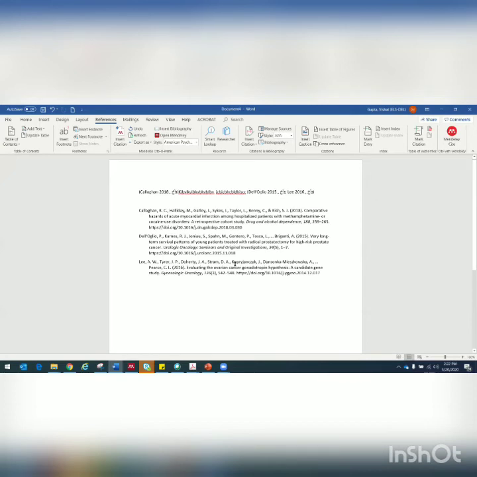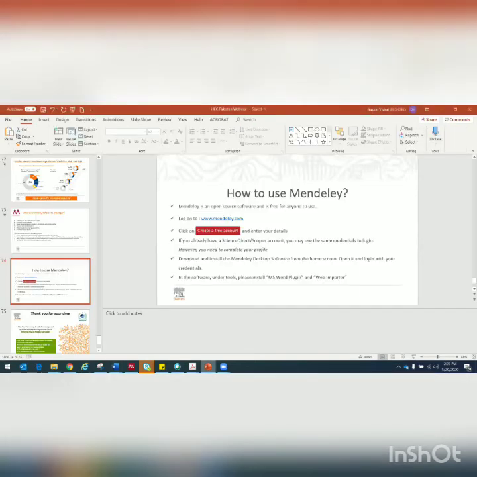So my request to all of you is use Mendeley. It is really going to help you explore this field of citations and bibliography, and you can save a lot of time on your reference management by using Mendeley. And I would like to reconfirm this. Mendeley is free to use, so all of you can use Mendeley. There is no charge of using Mendeley, and you can easily become more efficient. It can increase your research efficiency.